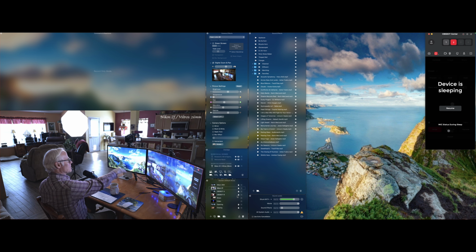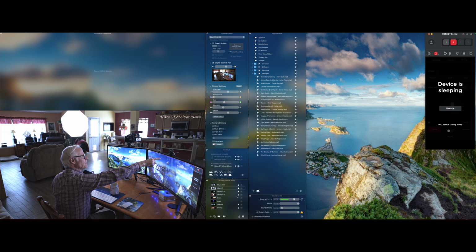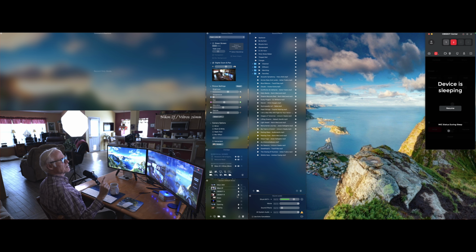I have two monitors, 5K Apple display, and then a 3440 by 1440 Acer X34. It's 100 hertz. It's a long time ago, but it's still a great monitor. Not that much of a curve. I got two OBSBOTs, OBSBOT A, OBSBOT B. They're sleeping. So if I go to OBSBOT A,